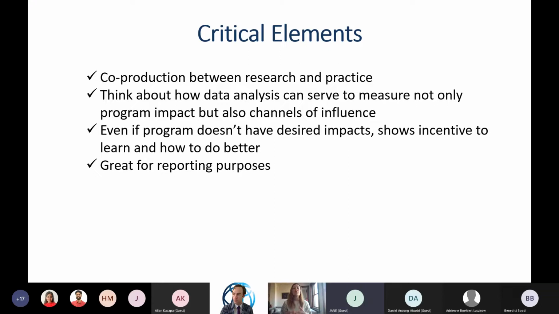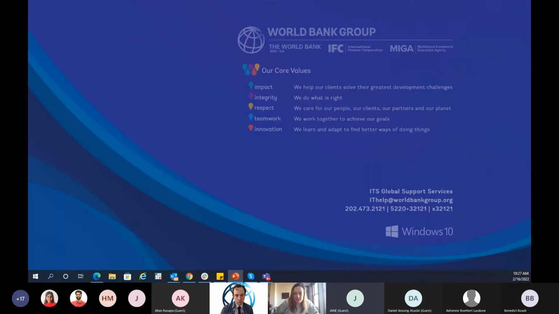If you go back to the Ministry of Finance that gave you funding, or if it's a donor-funded program, just being able to share this and show these things is already a big win.